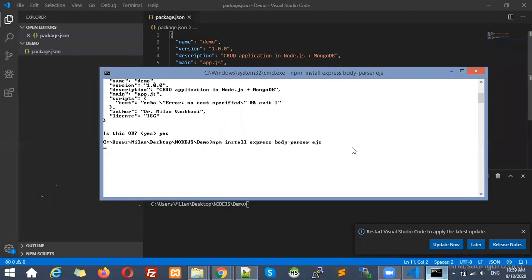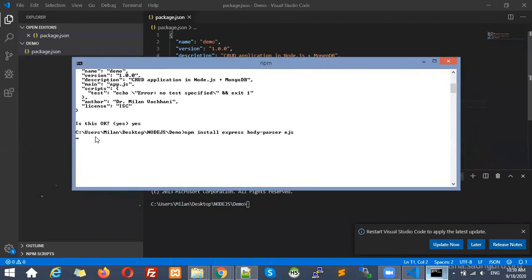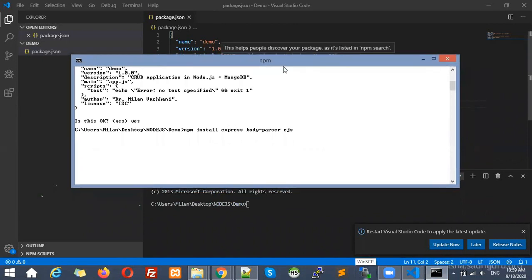So these packages will be downloaded and installed in your project. But if you want to install these packages globally, meaning on your computer, you can mention the -g option. That will be global, for everyone, right? But generally we are installing for our specific project. So here I have not mentioned any option. So it will run the install command. The process will start and will install all three packages one by one.